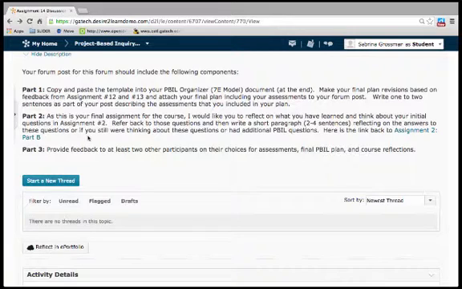And then part 3, of course, is our feedback. You should review some other participants' plans and assessment plans and provide them with useful feedback. Again, this assignment is 3 parts. Part 1 is really to review and incorporate assessment within your PBIL organizer. Part 2 is to reflect on what you've learned in the course, and then part 3 is to provide feedback